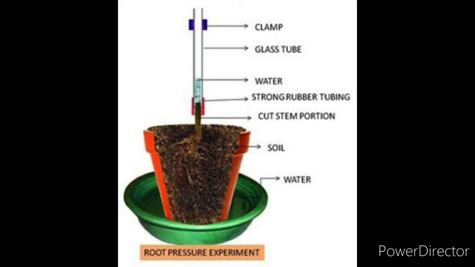Right, a very easy activity to show the root pressure. You just have to take a well watered plant, a tube and a strong rubber tubing, and fit it tightly. You have to wait for 2 to 3 hours. First pour the water and take the marking M1, then take the marking M2. Afterwards the difference between M2 and M1 indicates the rise in water level, which is nothing but the root pressure. Right, children?